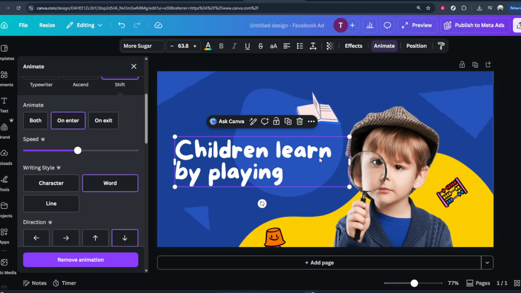Finally, before you download or publish, click on Preview. This lets you watch your full product ad video animation from start to finish, just like your audience will see it. If everything looks smooth, your text is readable, and your product stands out,